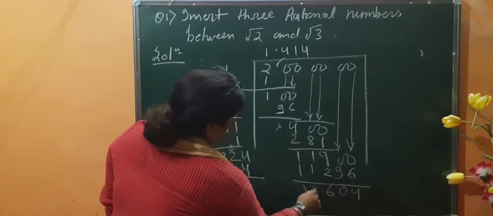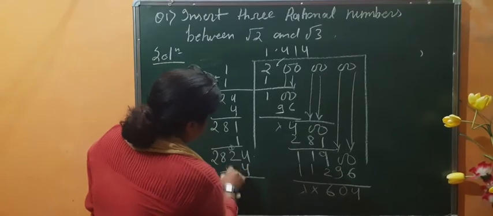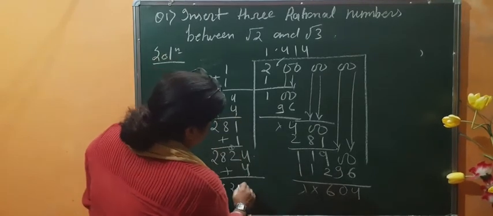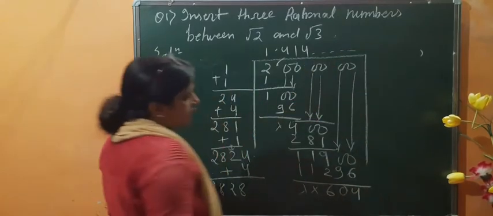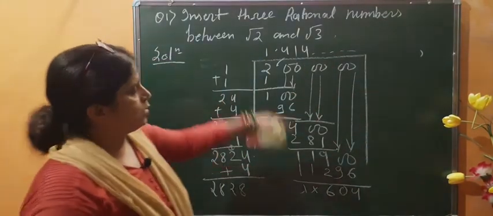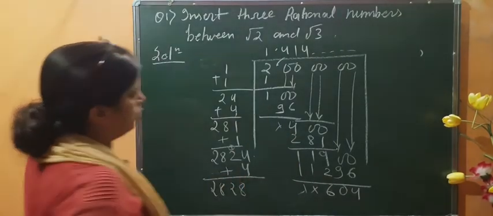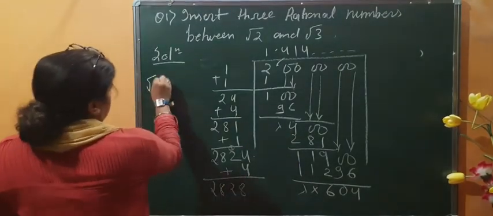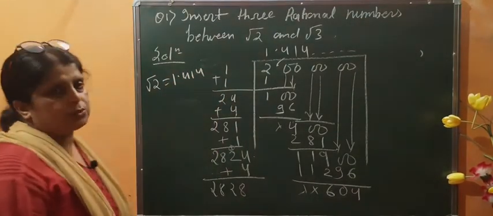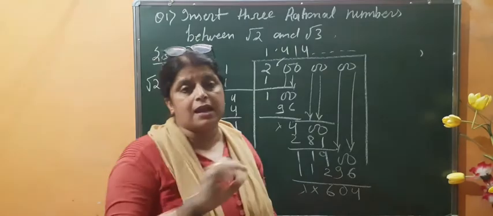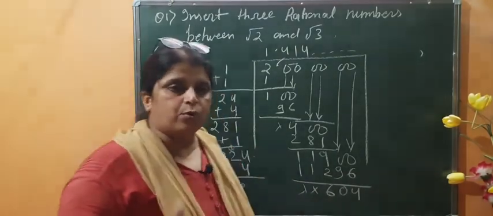Okay, so in that way it will continue, and here we are adding all these numbers. Next time if you multiply, you will get 1.414. So this is the value of root 2. So we will note down root 2 is equal to 1.414. In this way you will get the square root of any number: root 4, root 5, root 6, root 7, root 10, any number.